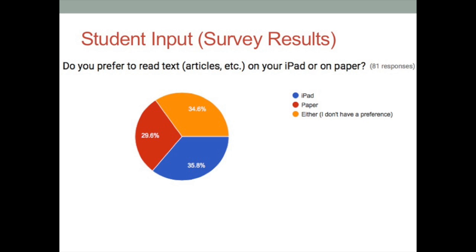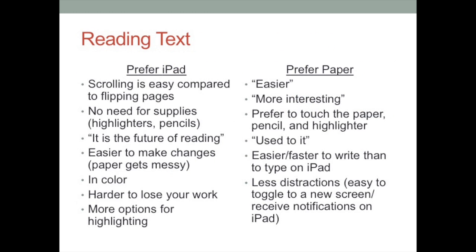I started by surveying my students on their reading preferences. As seen by this graph, student preference actually widely varies, and there's no standout with regards to how students prefer to read. I also asked students to justify their preferences from the survey, and this shows the summary of their written responses. You can see students who prefer the iPad think that it's easier to scroll, they don't need to actually buy supplies such as highlighters,